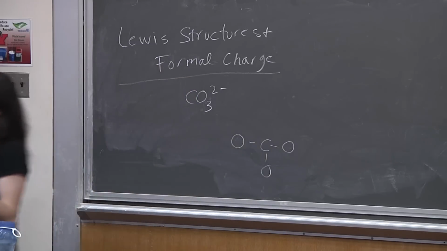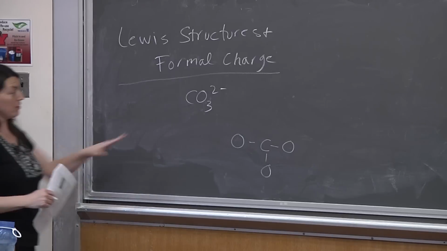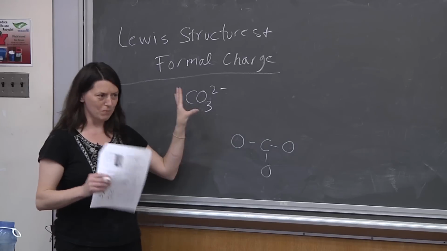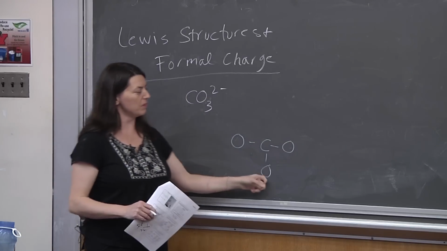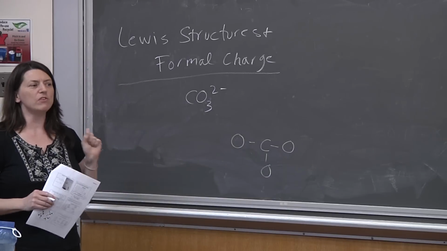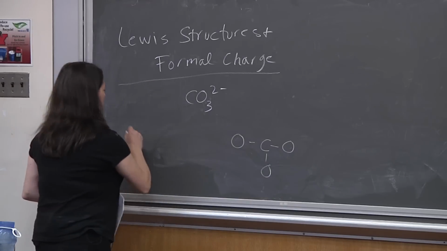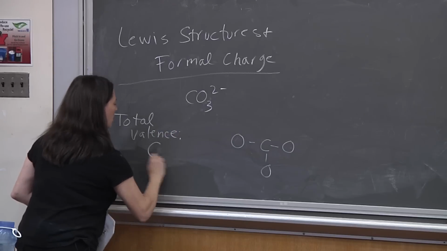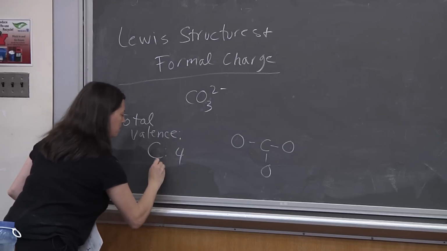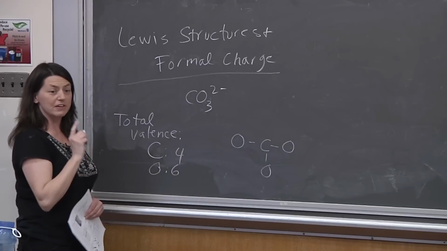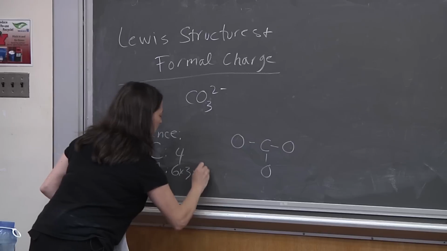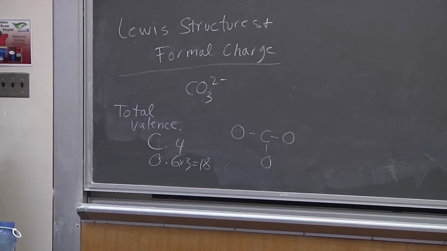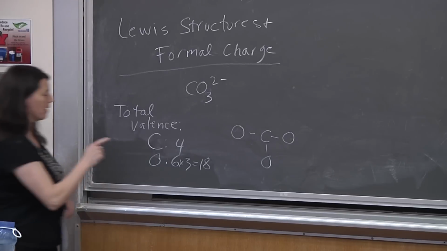Now when I'm doing a Lewis structure, different people sometimes approach it a different way. So this is what I do: I set it up first. I know that this is going to be the central atom. There's one of them. We mostly do symmetric things in Chem 108, and then I put the oxygens around it. I need to know how many total valence electrons I have. Carbon is 4. Oxygen is 6, but we have 3 of them, so that's 18. So far the total would be 22,